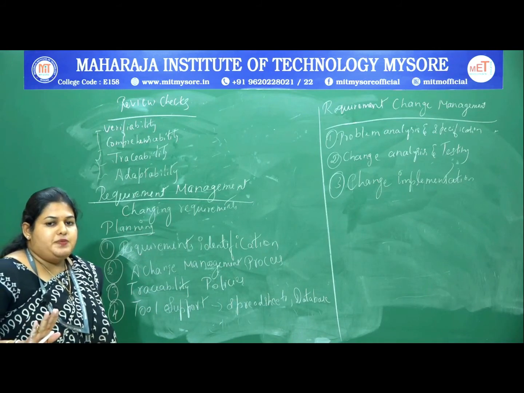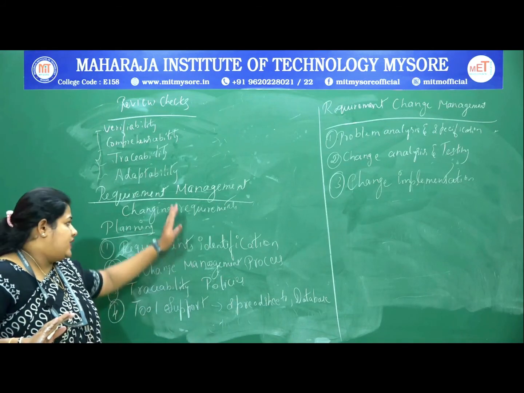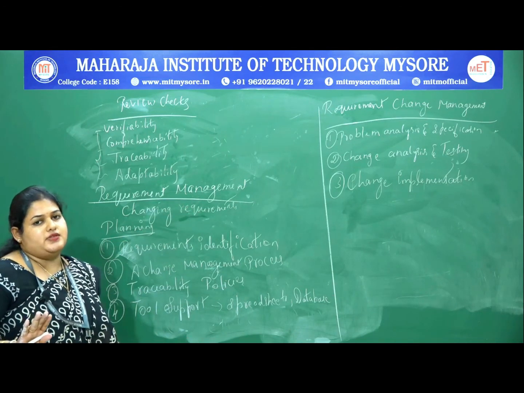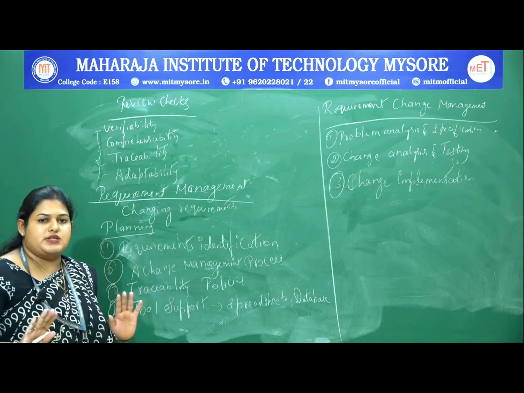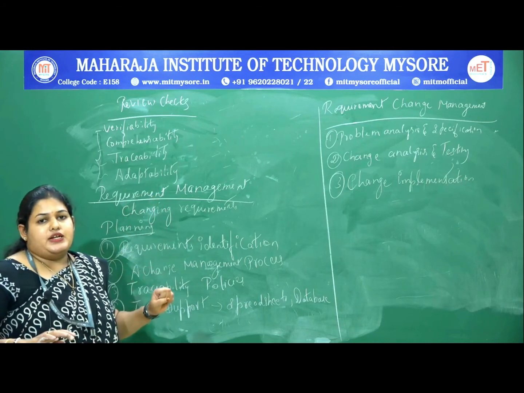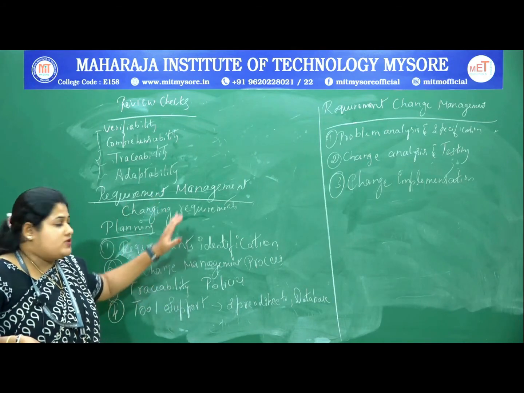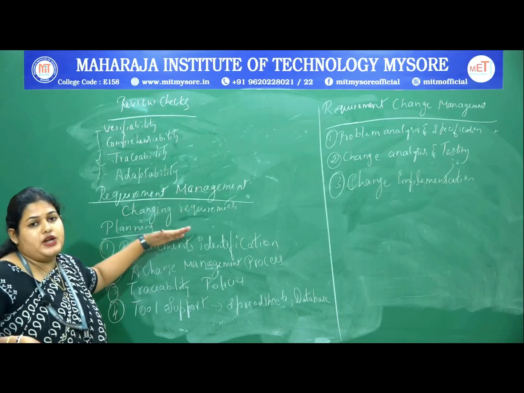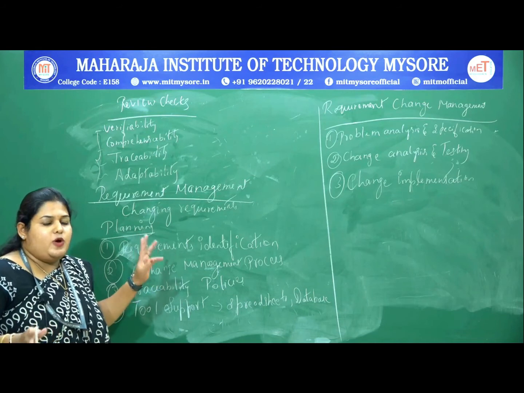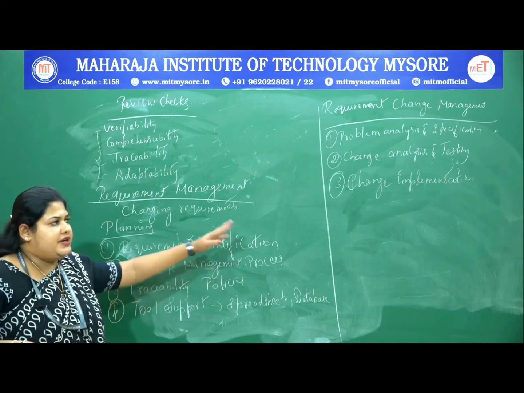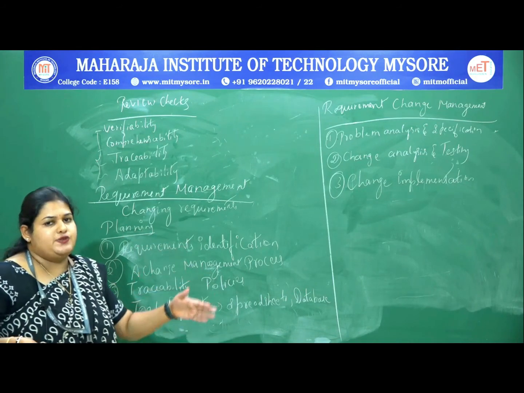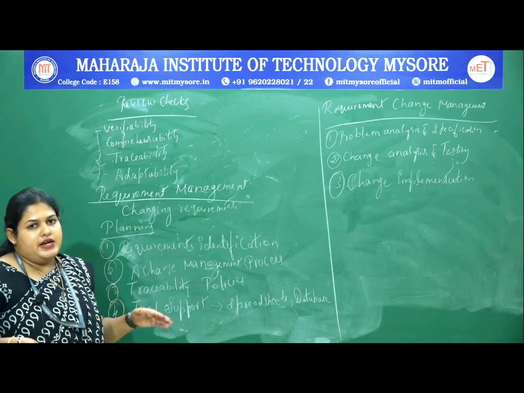As I said, management plays the major role here, on the basis of changing requirements. We may not give the assurance that once the requirements are given by the customers, they are finalized. No. In order to analyze the difficulties, it should adapt to the changing requirements. As we know, we have learned 3 models: waterfall, incremental, and spiral, and we have seen the complexity observed in each phase, the advantages as well as the disadvantages.